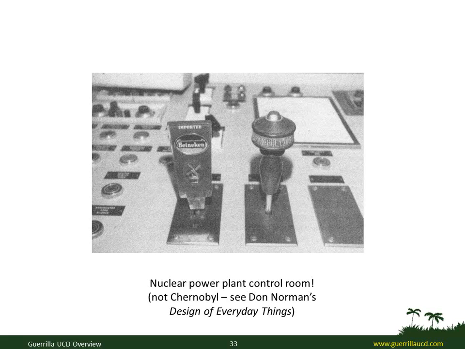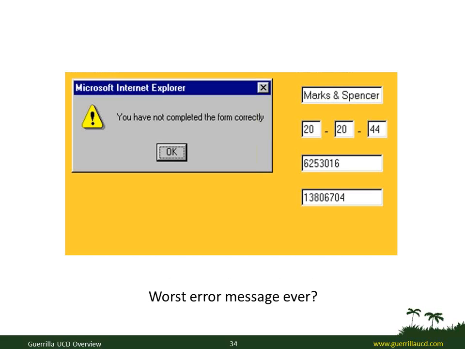But this is out of Don Norman's Design for Everyday Things, but you'll find other places referring to it on the web. This is one of my favorite error messages in the world. This happened to me some years ago. I understand that the bank in question has actually spent quite a lot of money on their user experience since then, but absolutely no clue given to the customer as to what about this form has not been completed correctly. It turns out there should have been a leading 0 in the, I think this is the account number that started with a 6. It should have started with a 06,